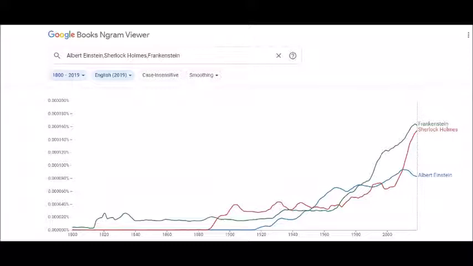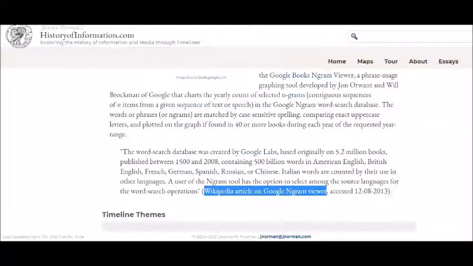Albert Einstein, you can see that yes, it was growing, and then suddenly the downfall is there. I don't know if he was alive, what could have been right now. Similarly for Sherlock Holmes, if you look at the graph from 1800 to 1880, it is lying equal to the x-axis, and slowly it started growing, and now we see that it has reached the highest peak. Similarly for Frankenstein also. So what I wanted to tell you is that these kinds of tools are also available. Please go ahead and have a look at them, and you can use them for your own purposes.